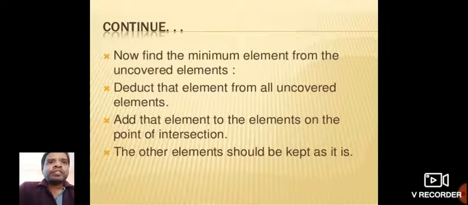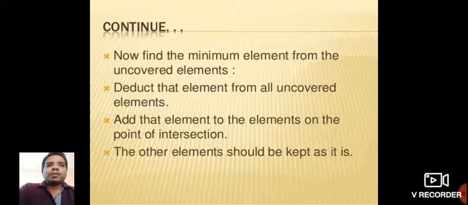Now find the minimum element from the uncovered elements. Our elements are classified into three groups: uncovered elements, elements covered on the intersection point of the horizontal and vertical lines, and elements covered on the lines.